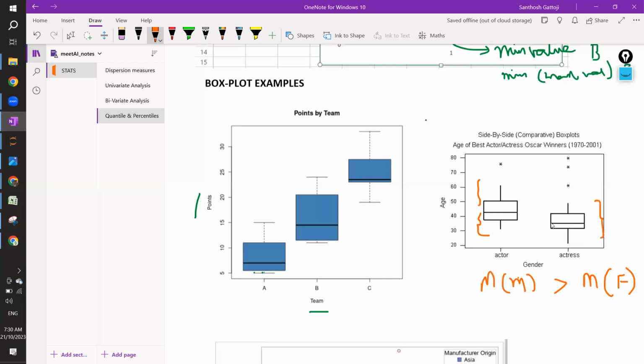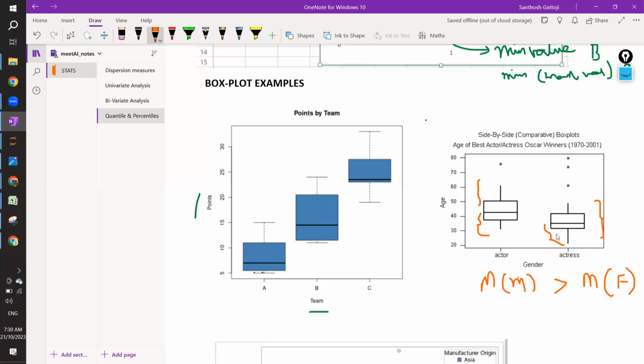See, the median is not in the middle of this box. Agree? It is not like that in the middle. It is slowly shifted towards the lower side. That means more numbers are packed over here. Agree? That means what,